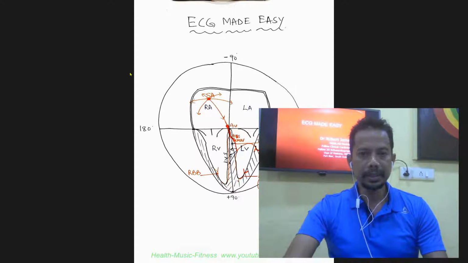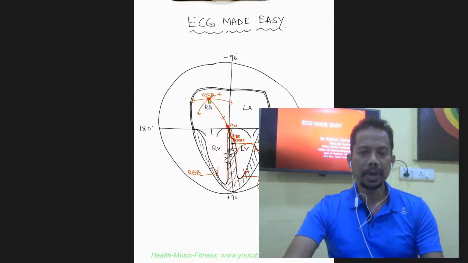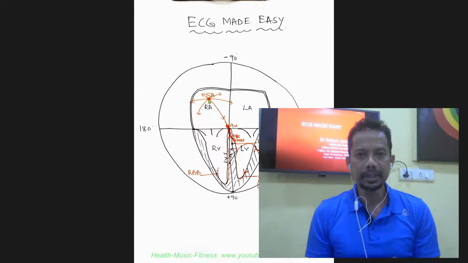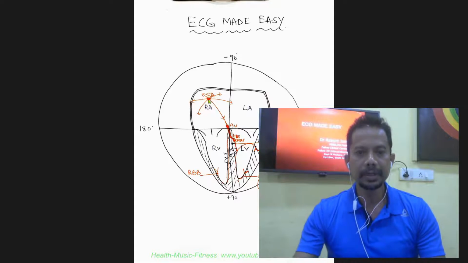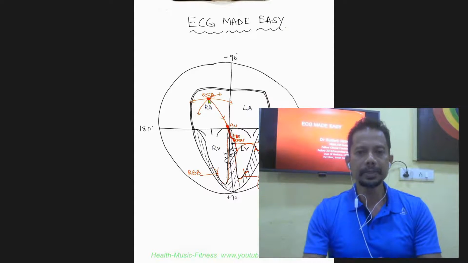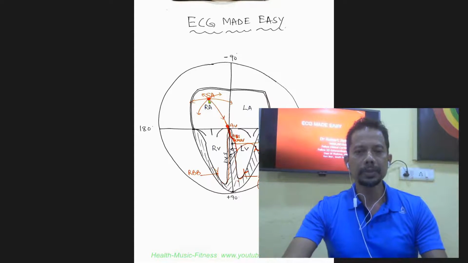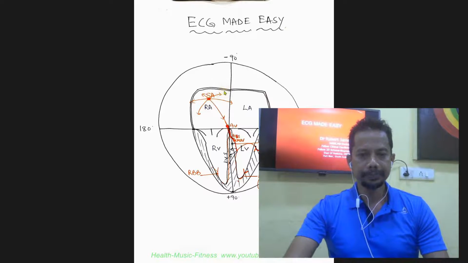And in the right atrium, there is a specialized area which is called the SA node. It is the pacemaker of the heart. So primarily SA node is the firing pacemaker of the heart. It controls the heart rate of the normal person in a normal setup. Then there are various pacemakers which can arise from time to time as and when needed. Supposing the SA stops firing, the other pacemakers can take over.